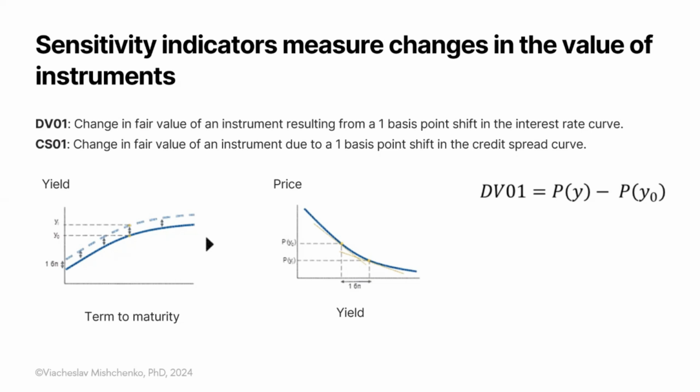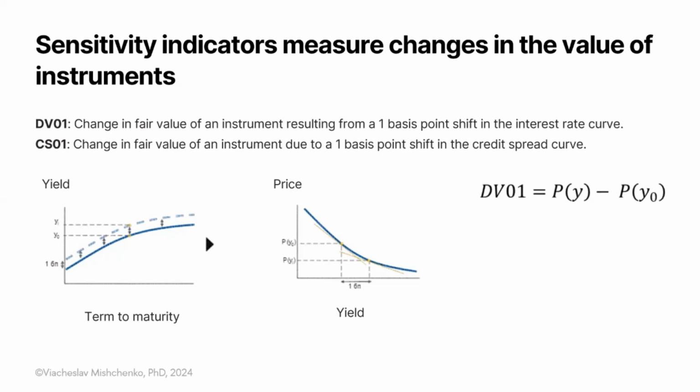Usually, these indicators tell us how much the value of our instruments changes when there is a small shift in the risk factor. They are, in other words, like the nerve endings of our portfolio, telling us, for example, where we are most sensitive to the market movements. For example, if we look at the two key examples, like DV01 or CS01, yeah,